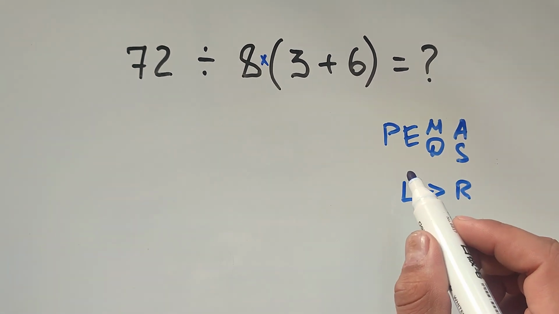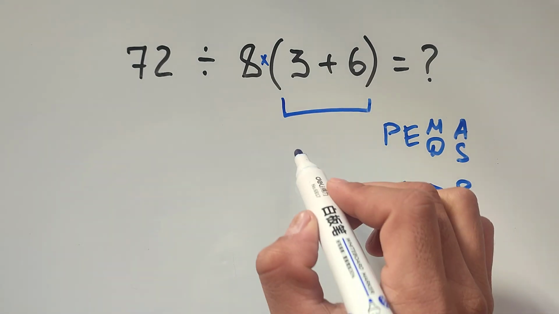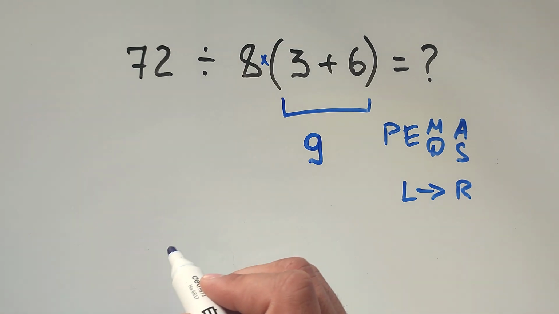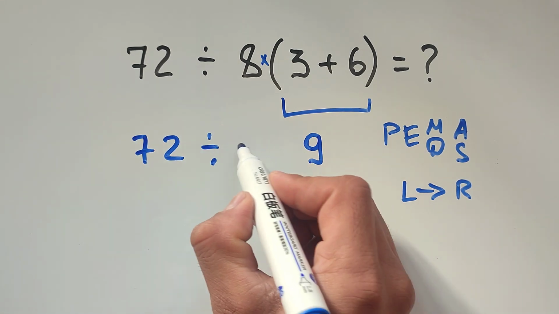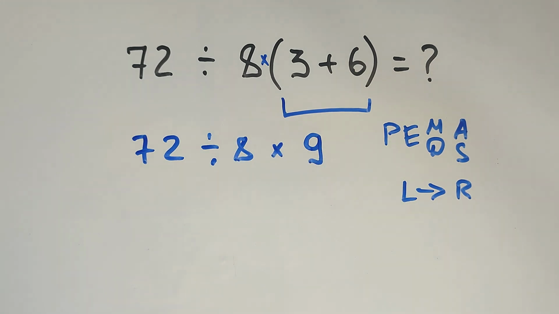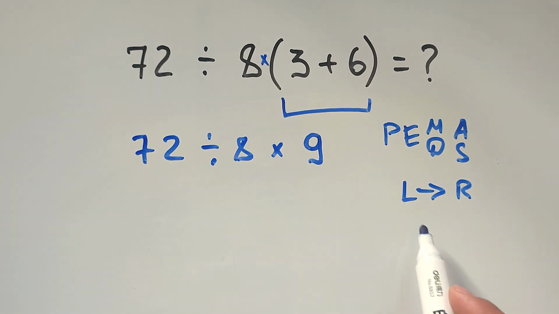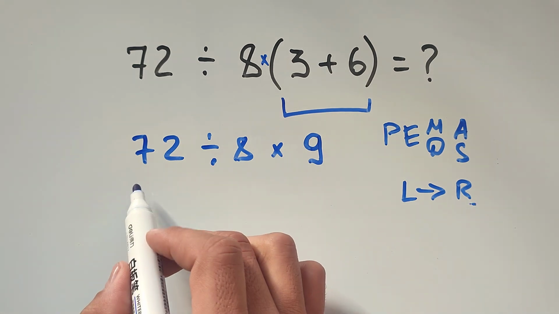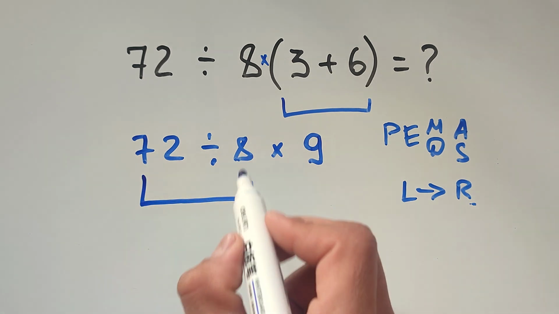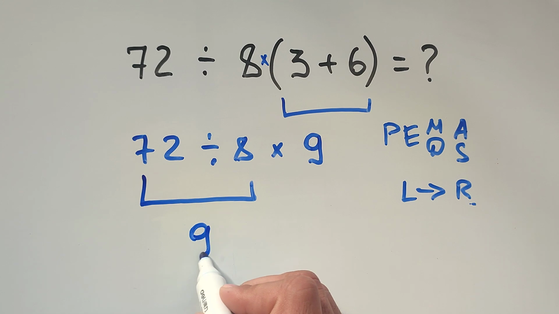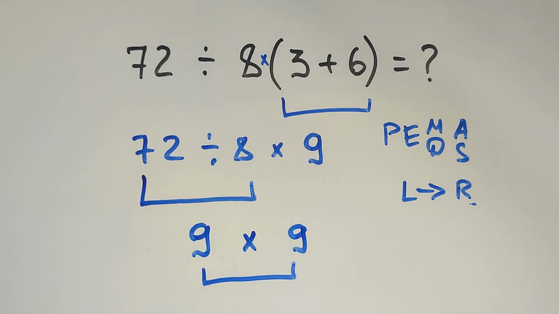According to this rule, first we have to work this, and 3 plus 6 equals 9, and we have to copy the rest part of the problem. 72 divided by 8 multiplied by 9, and according to this rule, multiplication and division have equal priority, that's why we have to begin to work from the left to the right, and according to this rule, first we have to work this. 72 divided by 8 equals 9, and 9 multiplied by 9, this equals